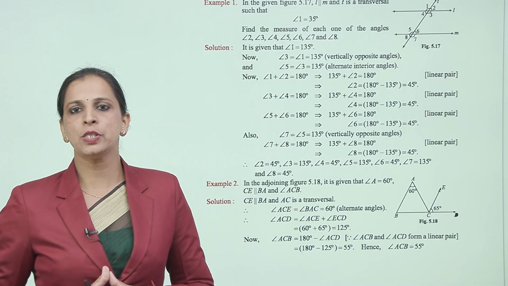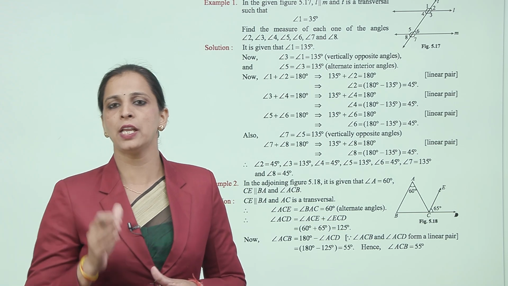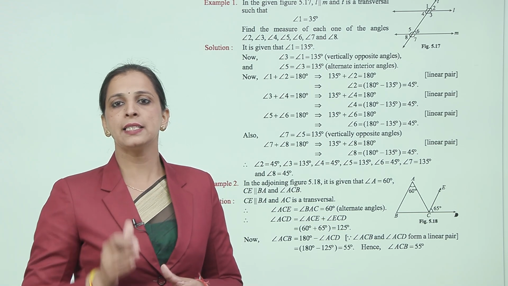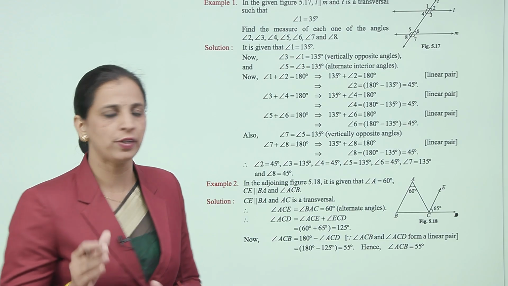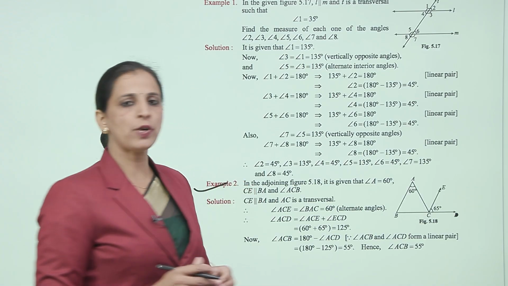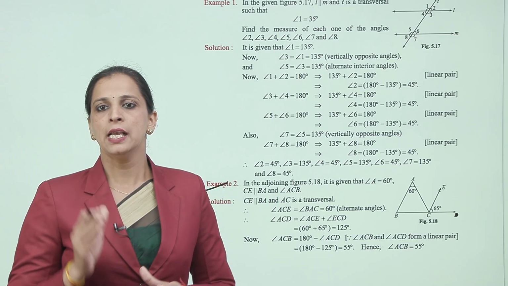So angle 2 is equal to 45 degrees, angle 3 is equal to 135 degrees, angle 4 is 45 degrees, angle 5 is 135 degrees, angle 6 is 45 degrees, angle 7 is 135 degrees and angle 8 is 45 degrees. Now, example 2. In the adjoining figure 5.18, it is given that angle A is equal to 60 degrees,